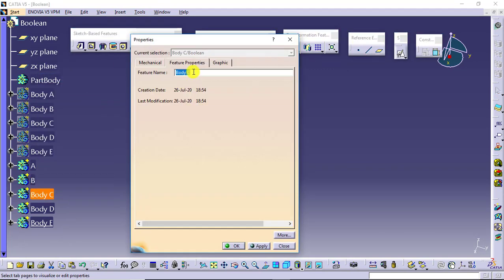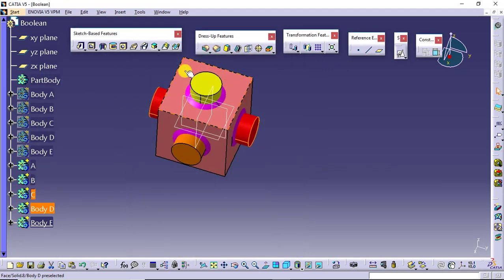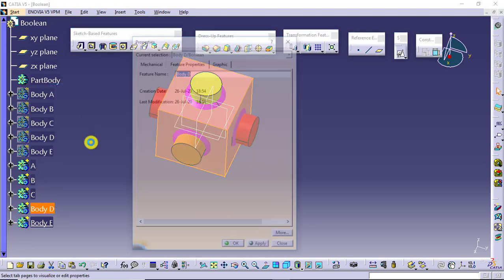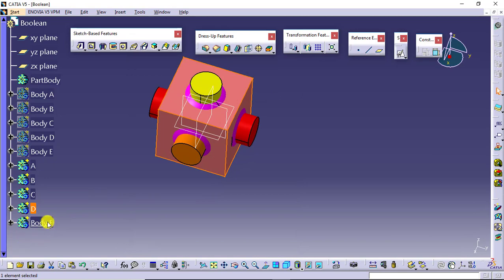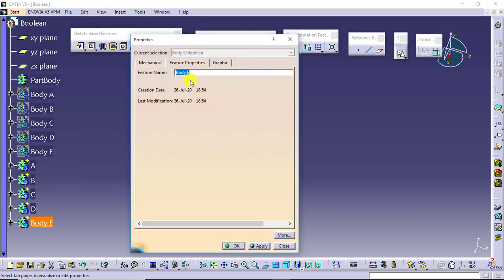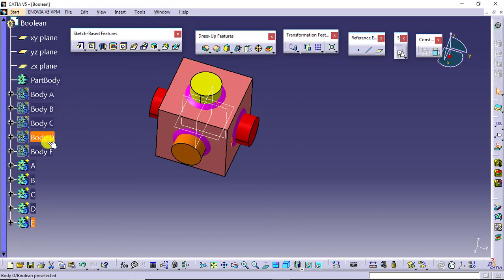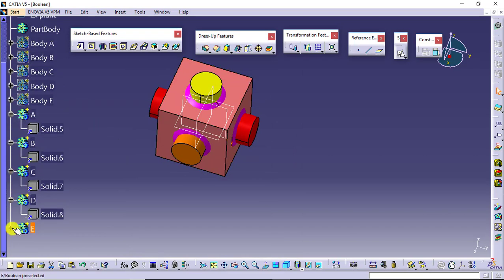Body A, body B, body C, body D, body E have the features, and A, B, C, D, E don't have the features. They are dependent on the parents. You can see these are the dead solids we have. Now after this we will continue and we will apply the Boolean operations on these bodies.